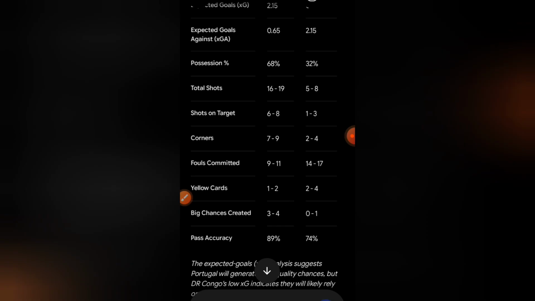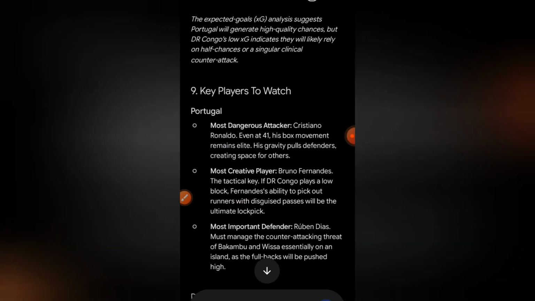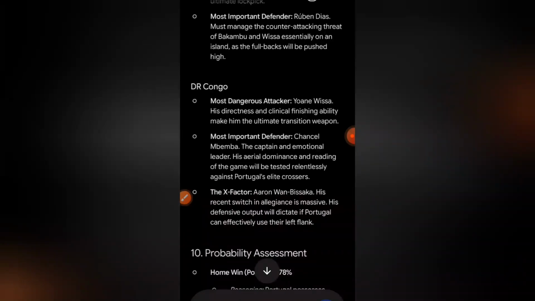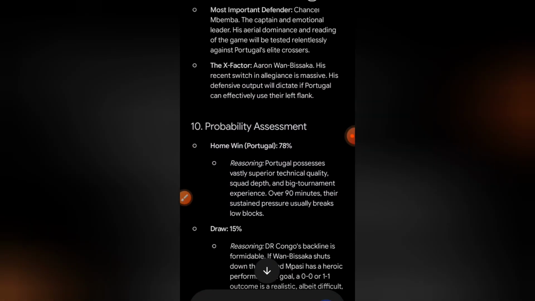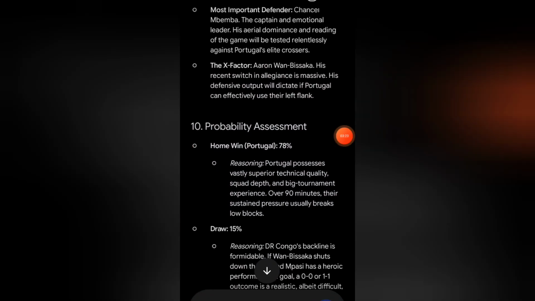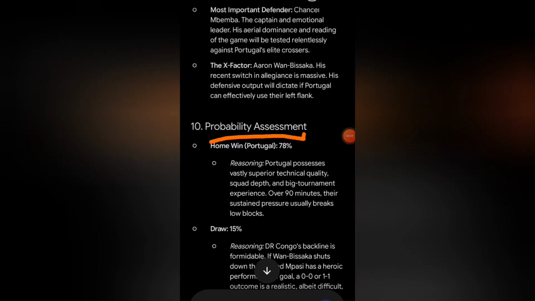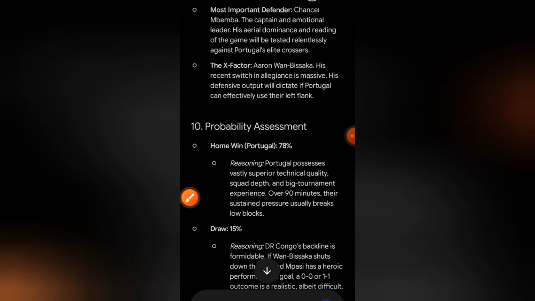Now, the best thing that we can actually go for in this particular match is in two ways. I noticed a particular trend that most times whenever we have the probability assessment, this means the probability that a particular team will win or not. Now, whenever we are having something like this, most of the teams that are having 78%, at least from 68% upward, the worst experience they always have is their match ending up in a straight draw. So expect either win or draw for Portugal, except the uncertainty occurs.